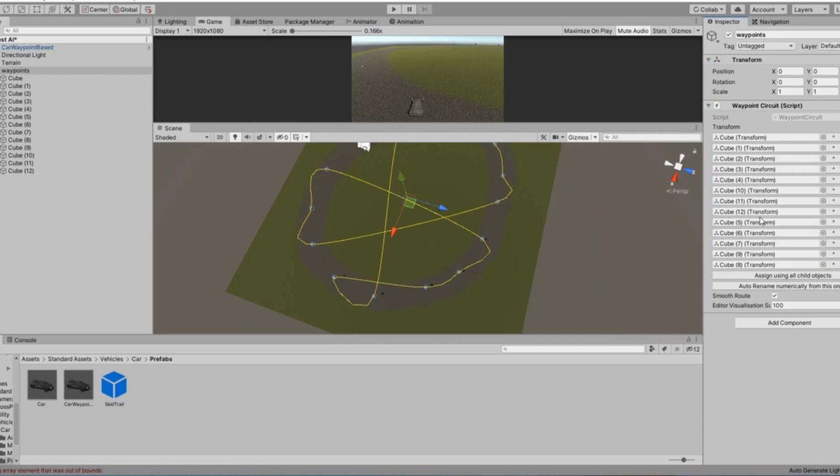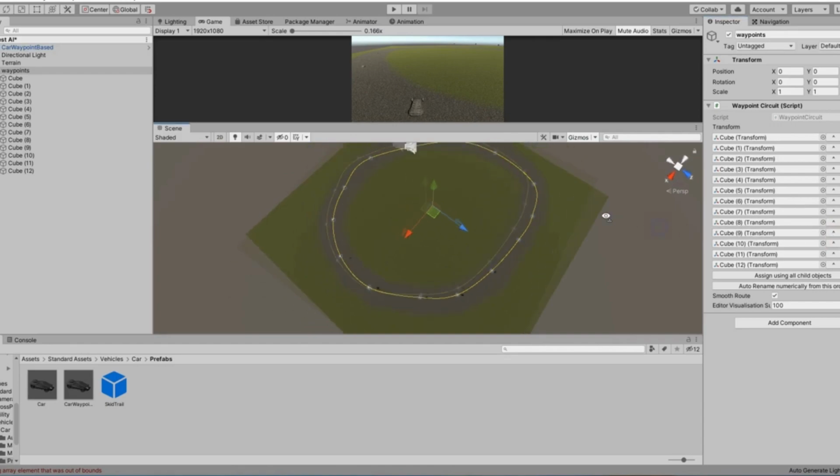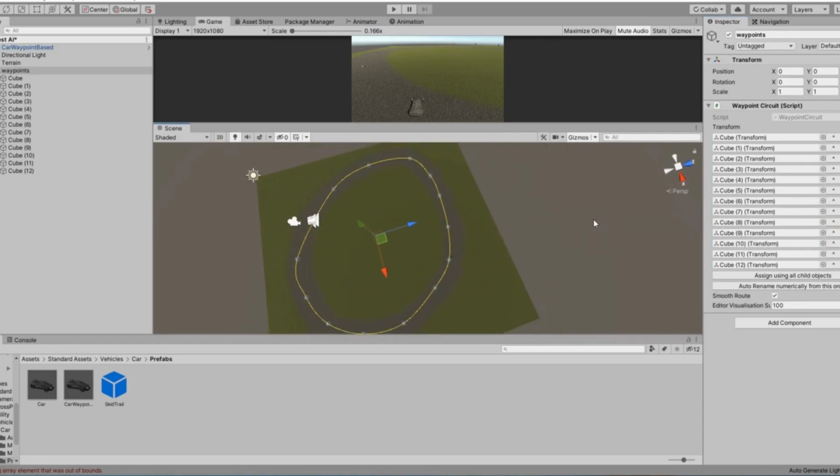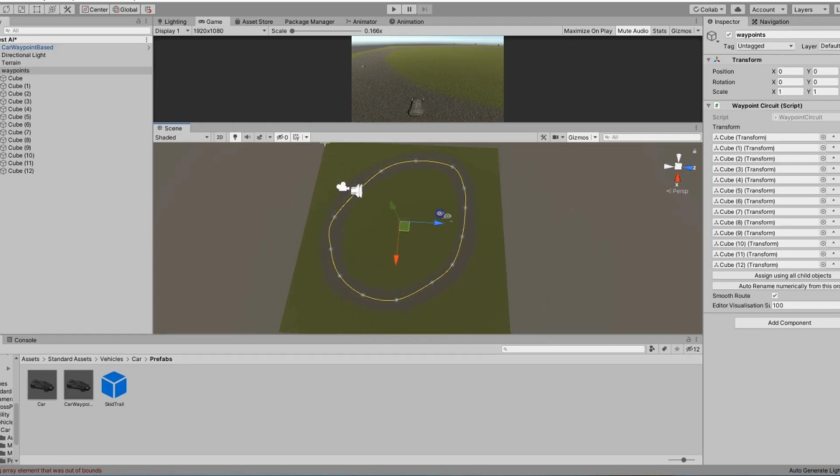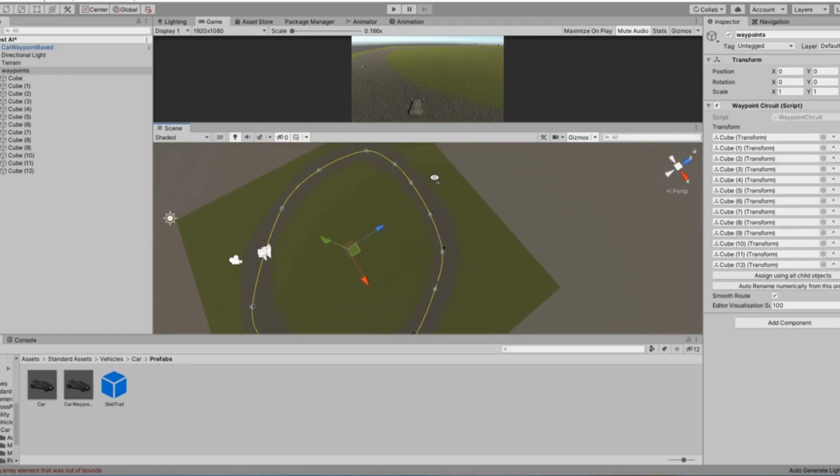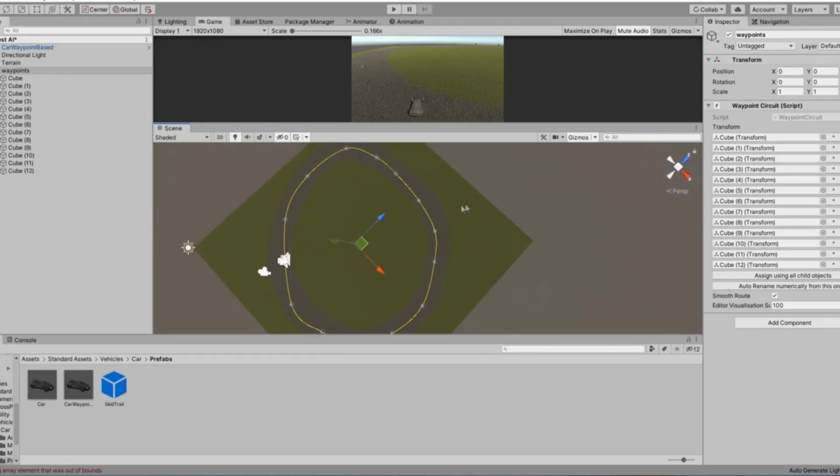So I will quickly do it. And you can see that all the cubes are at their correct position, and the circuit has been formed here.